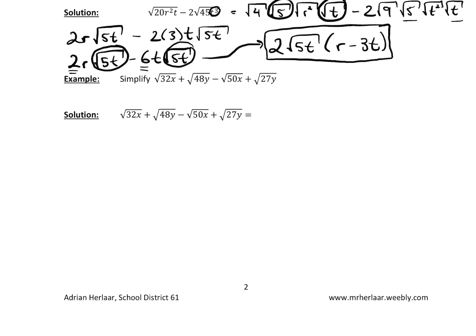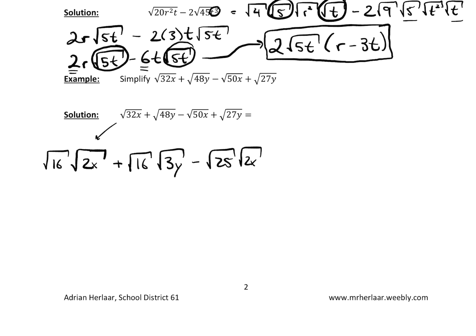So now let's look here at one more. So, simplify first. 32. Well, that's root 16 times root 2, and then x, because I know that x is only 1. And actually, at the beginning of the question, you'll see right away, none of the variables have powers, so I'm going to keep them in the radicals the whole time. So plus, perfect square for 48. How about 16? So that's root 16 times root 3y, and then minus root 25 times root 2x, and then plus